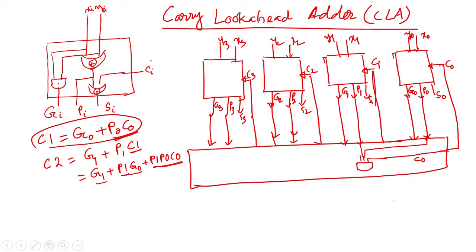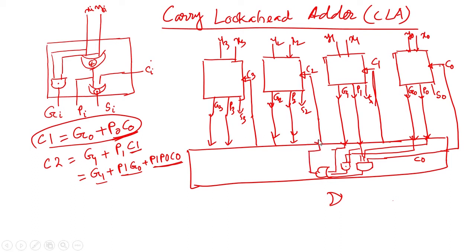And then P1 G0. G0 is already here, it will match with G0 and then P1. So, this will also be AND, and then G1, G1 is here. So, G1 will come here. Then this one and this one will form a circuit, that is nothing but the OR. Okay. So, you write it here and that will form C2.